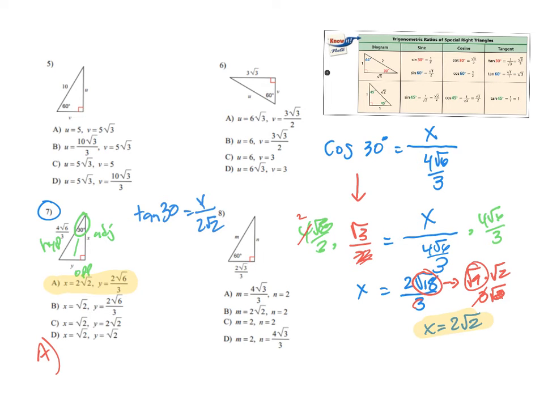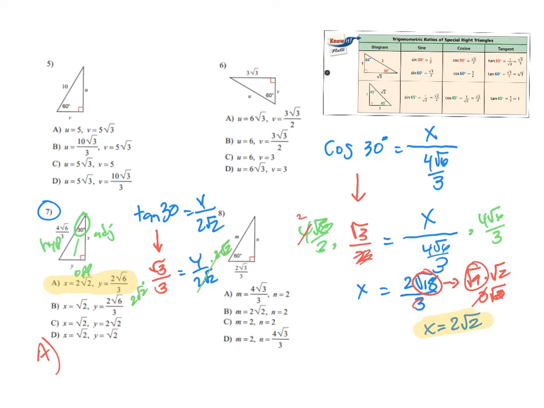Let's see if that helps us. So first we have to go to tangent of 30 degrees on the chart. Tangent of 30 looks like it is the square root of 3 over 3. Right, square root of 3 over 3, and that's going to equal y over 2 square root of 2. And the way we solve this is we multiply both sides by 2 square root of 2. So these guys cancel, and then I got to multiply